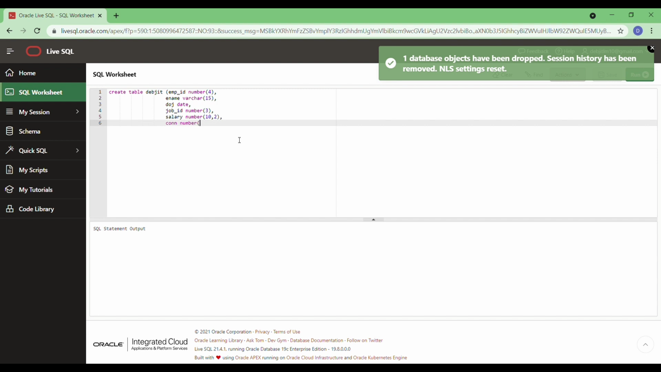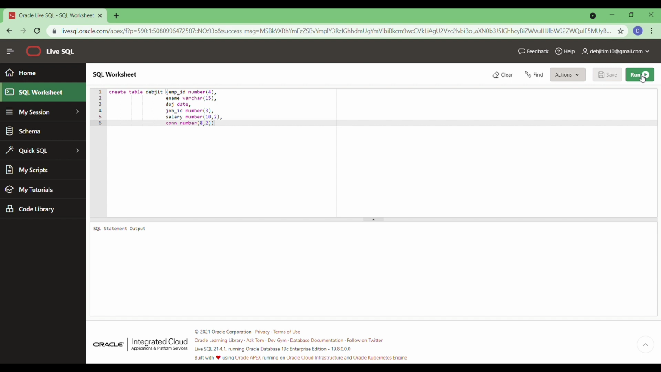So the next column is comm number, and it is also 8 comma 2, that is, before the decimal 6 digits and after the decimal 2 digits. After that I will simply press the run button, which will run this whole command and create a new table with the details I have assigned to it. So let's wait for some time. You can see in the output screen that the table is created,